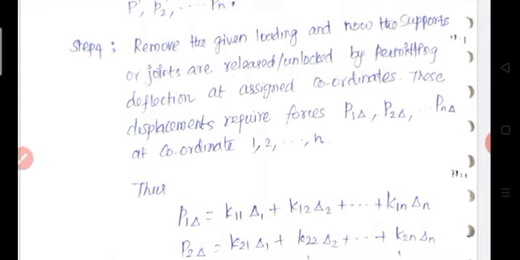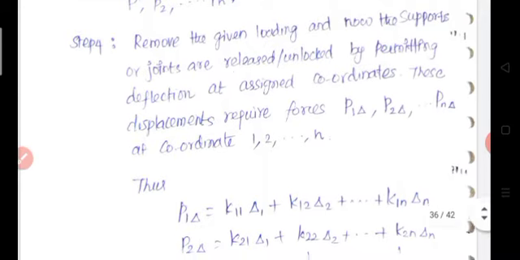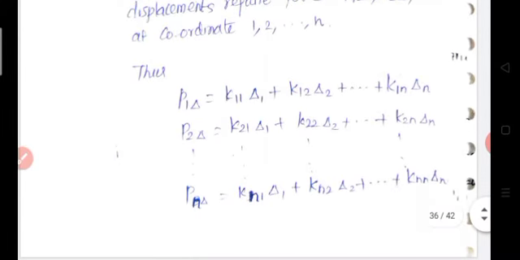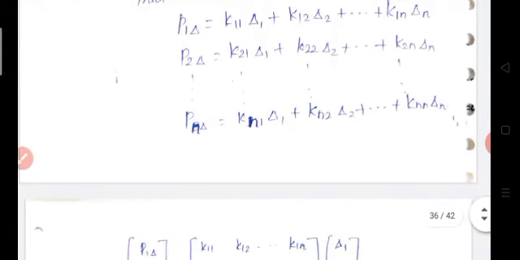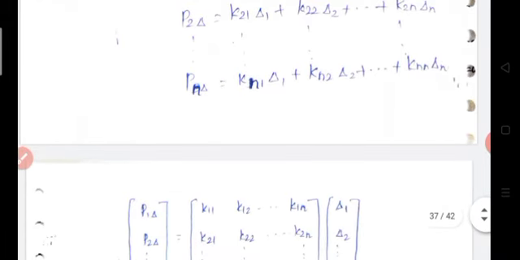Then determine the forces P1 delta, P2 delta, P3 delta. These are determined from the stiffness matrix. Thus P1 delta is equal to k11 delta 1 plus k12 delta 2 and so on up to k1n delta n. P2 delta is equal to k21 delta 1 plus k22 delta 2 and so on plus k2n delta n. Then the general equation: Pn delta is equal to kn1 delta 1 plus kn2 delta 2 and so on